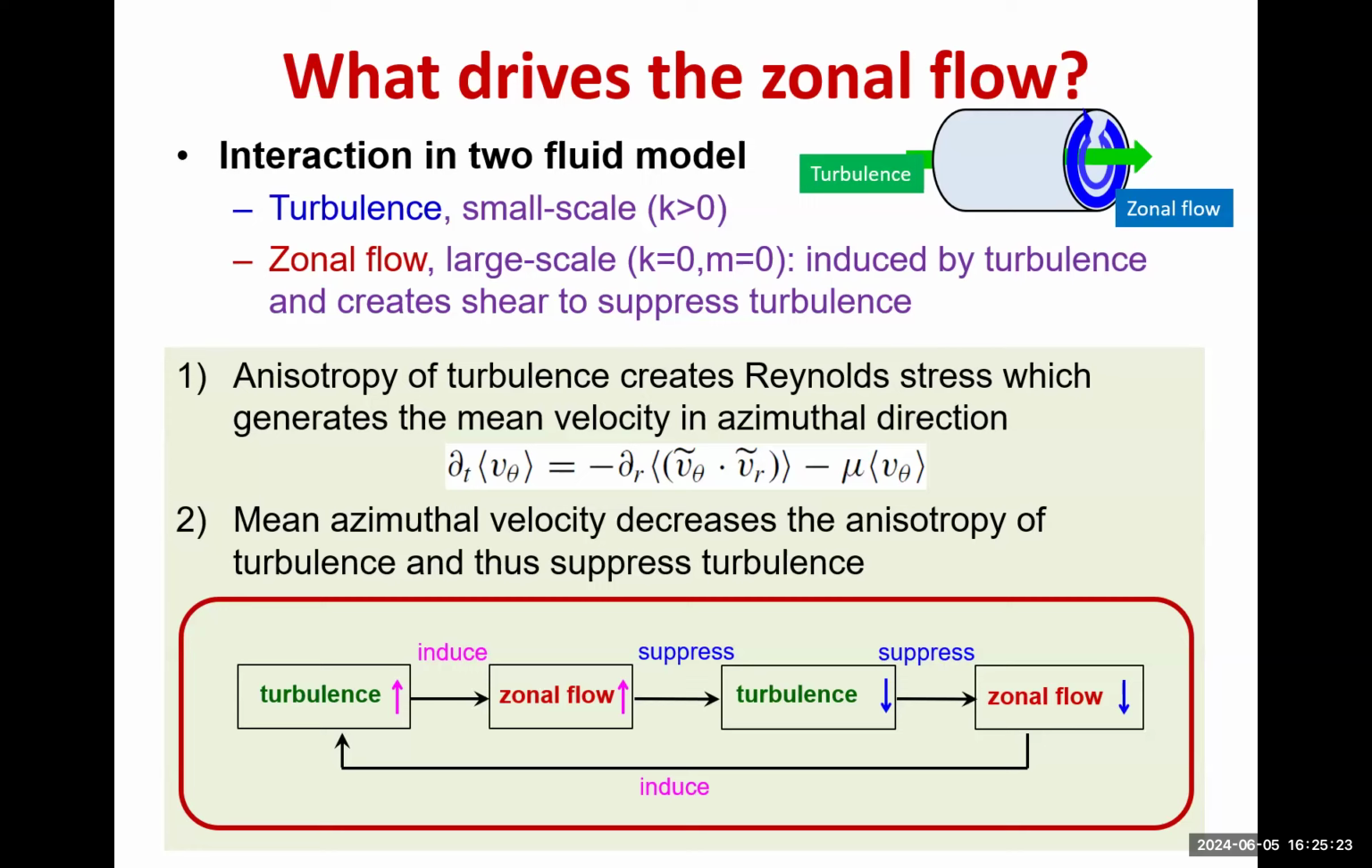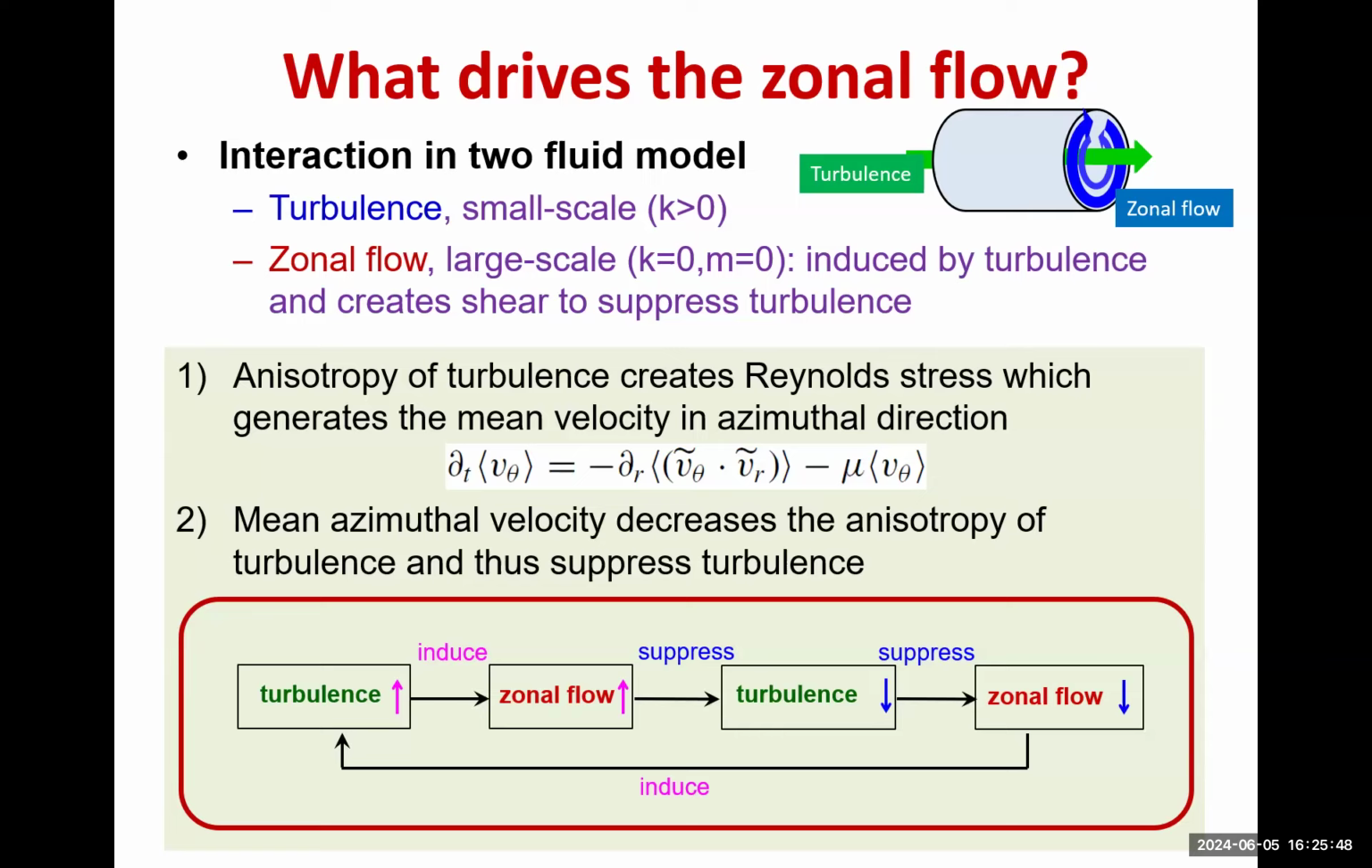Okay, so let's have a look at what happens. The turbulence creates this zonal flow. And this zonal flow goes round in the azimuthal direction, and it shears the turbulence, bundles it up like this, and makes it more isotropic. So the turbulence induces the zonal flow, and then the zonal flow shears the turbulence and makes it isotropic,